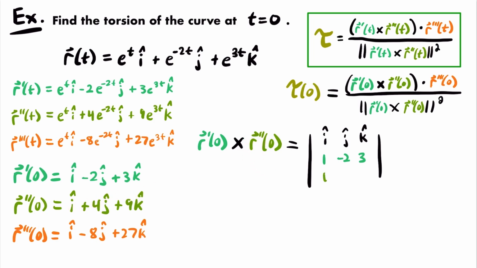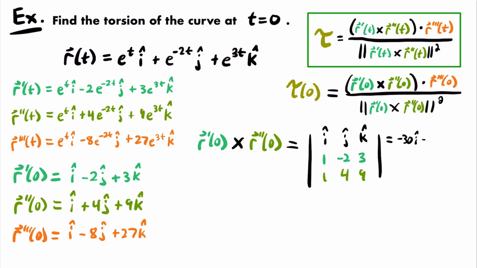So we have 1, 4, 9. All right, now let's calculate the cross product here. For the i component, cover up i: -2 times 9, minus 3 times 4, which is 12. So we have -18 minus 12. That's equal to -30. So let's erase that and write